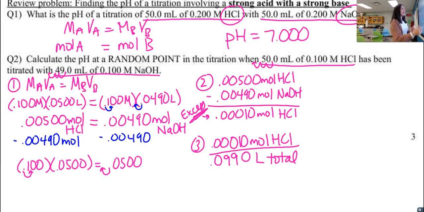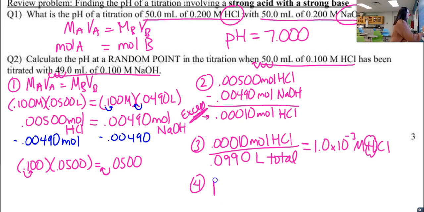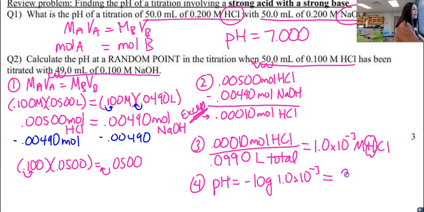Okay, and so now I have my new molarity. So let's go ahead and divide this, see what we get. And we're getting 1.0 times 10 to the negative 3, or 0.0010. And this is our new molarity of the HCl. What matters to us is our H. So step 4 is find your pH. So all I'm going to do is pH is equal to the negative log of H plus, which is 1 times 10 to the negative 3. And that makes my pH equal to, and I want 2 sig figs,